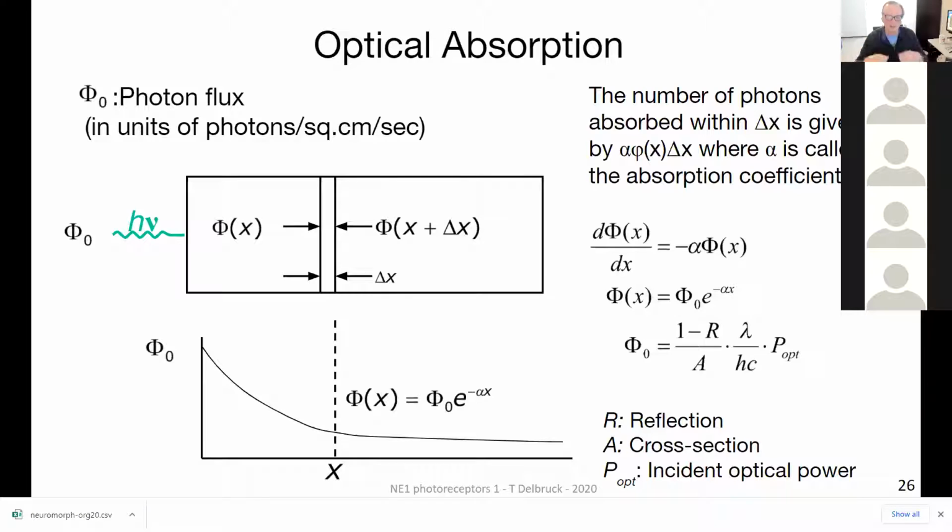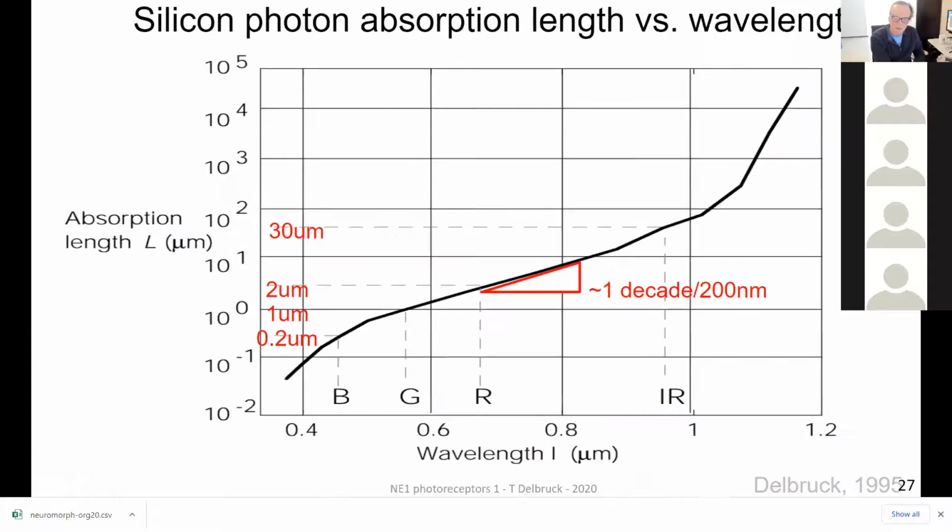And if you remember the density of states business, you remember how when you have all these quantum mechanical states, the higher the energy, the more states there are. Turns out that's the dominant effect, right? The higher the energy, the more ways there are for it to make an electron hole pair. And so the shorter it goes before it makes it. And so that's encapsulated in this plot here,